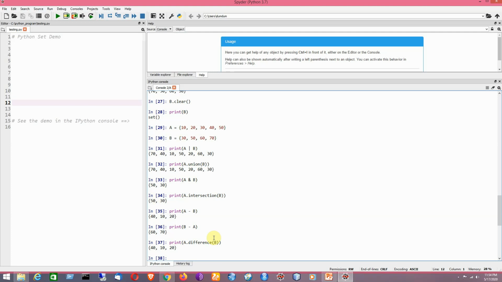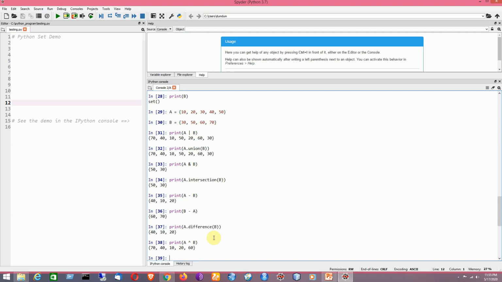Say for example, I am taking here the same sets, set A and B. So I will be writing here print A, B, and between them we can have the caret symbol that will be used for symmetric difference. Okay, so that is the idea.